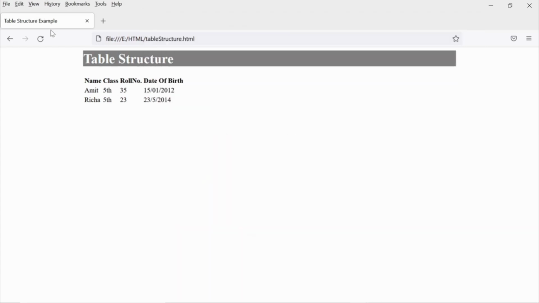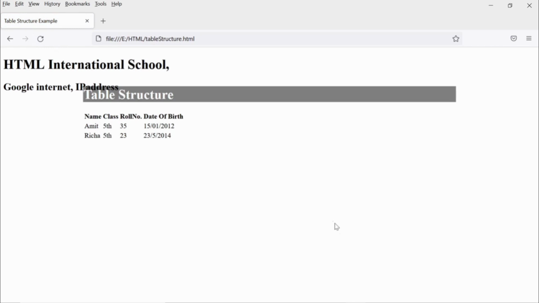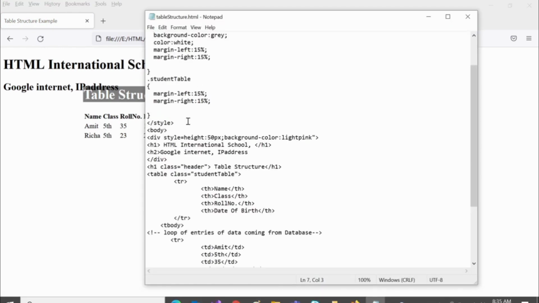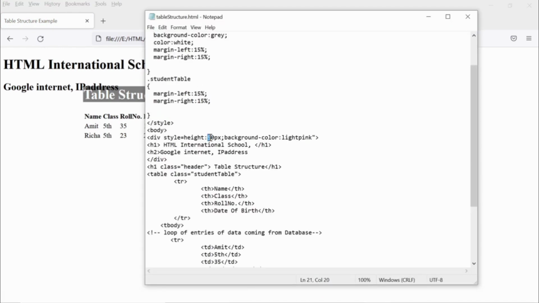Let's set the background color to light pink, and adjust its height to 90 pixels.